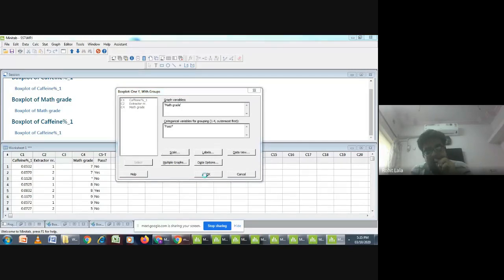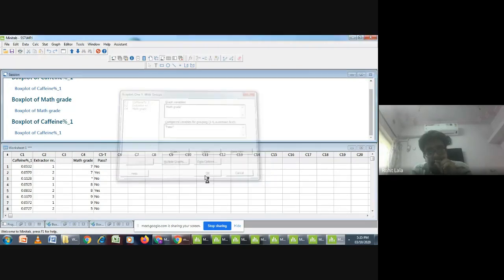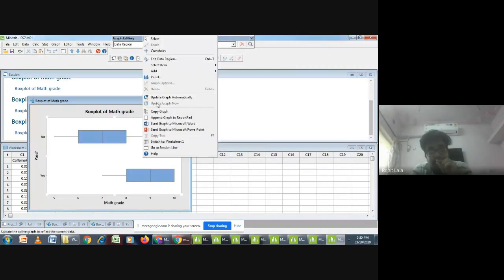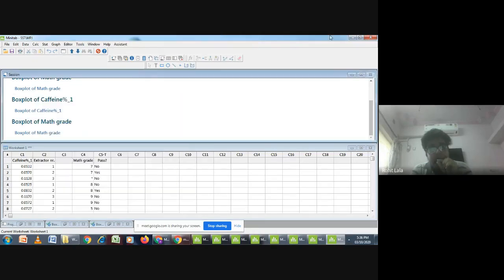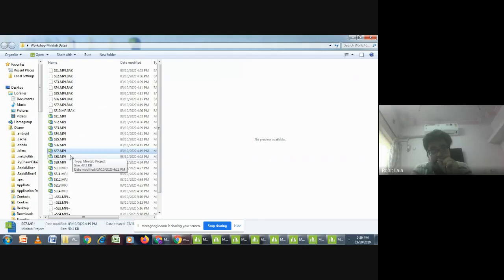So as we had conducted this activity, now the same thing happens. The box plot is there, we can also add crosshairs and we can know whether pass or fail on the basis of the grades. So this way we can find different ways to plot the graph. After that, we had done our worksheet number 8.